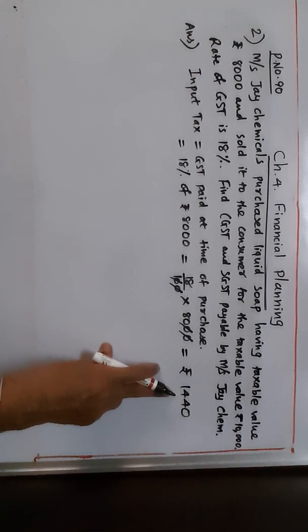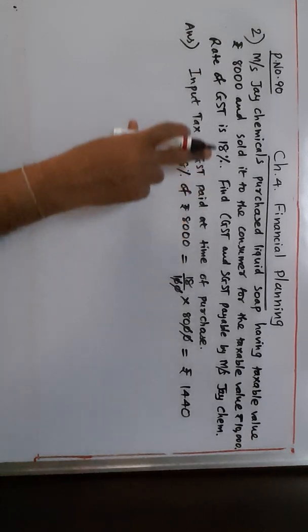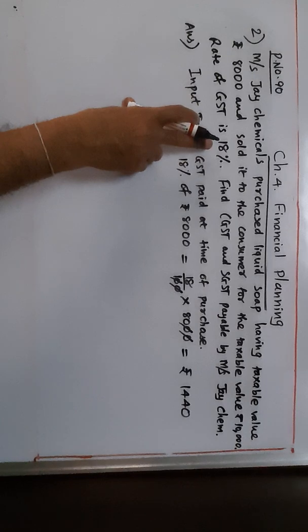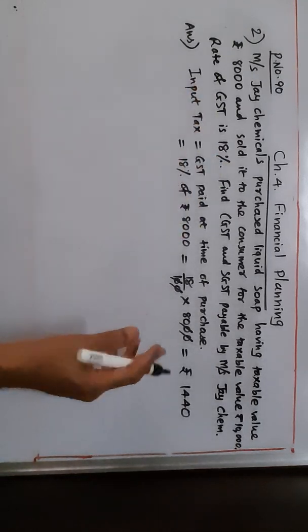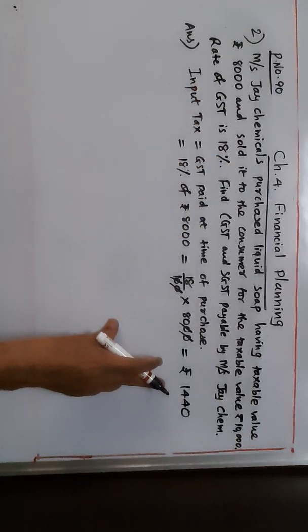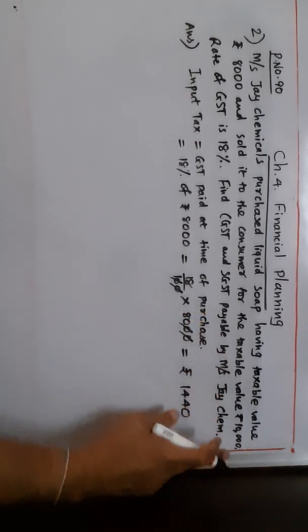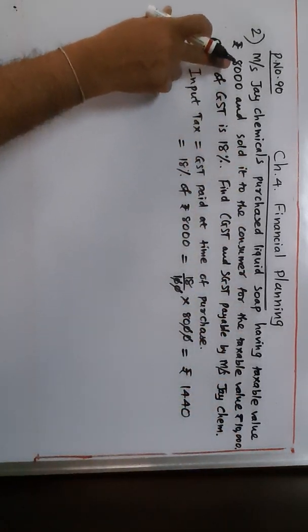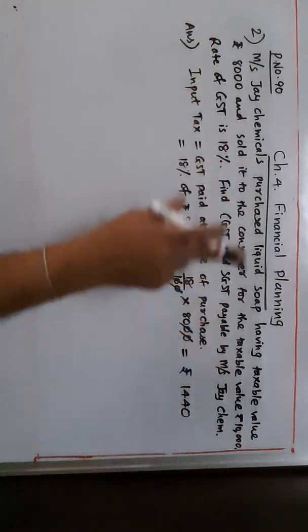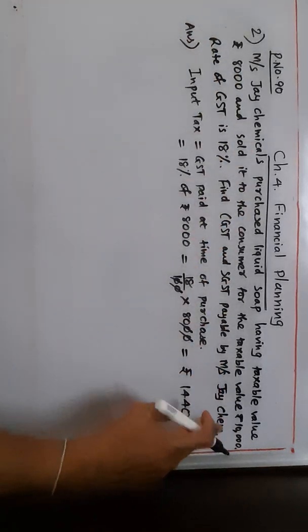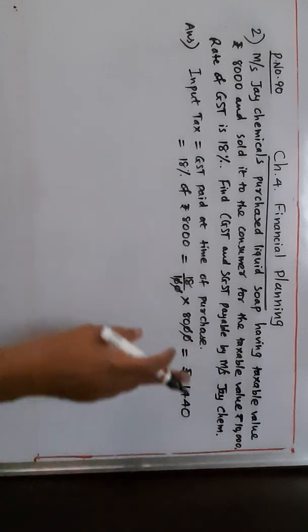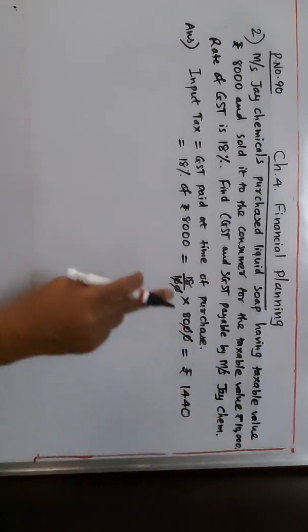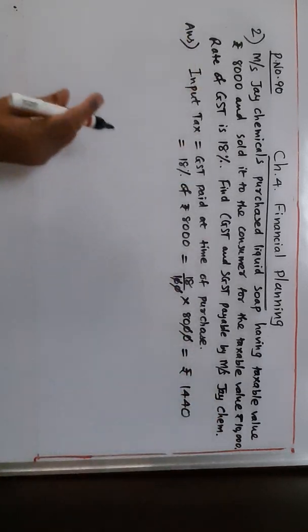But from the customer also they have to collect 18% GST, so that even from the customer the government will get tax. Okay, the taxable value is increased. See, 10,000. Messrs J Chemicals purchases the goods, or liquid soap, for 8,000, and they will not sell the goods at the same price. Then there won't be any profit or loss. So in order to make a profit, the taxable value must be increased.